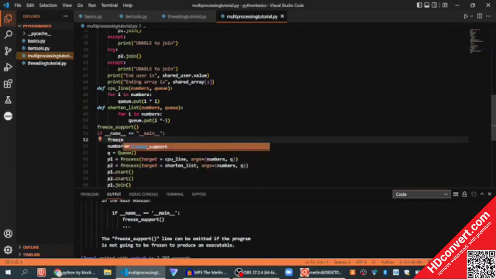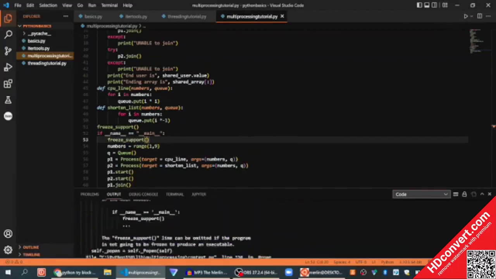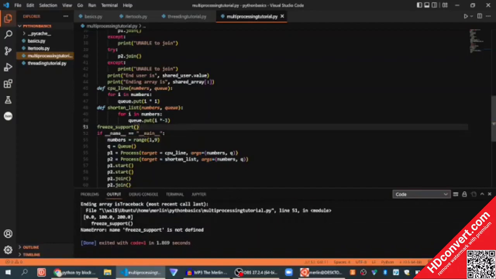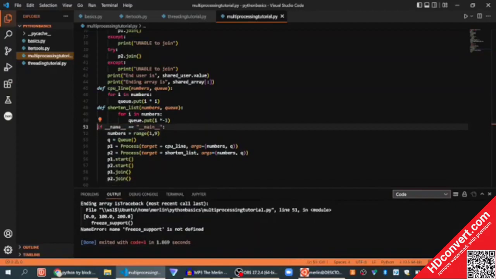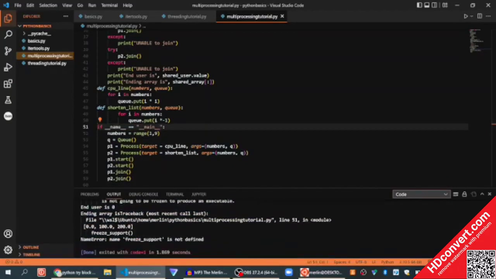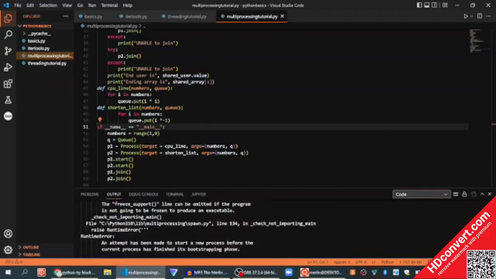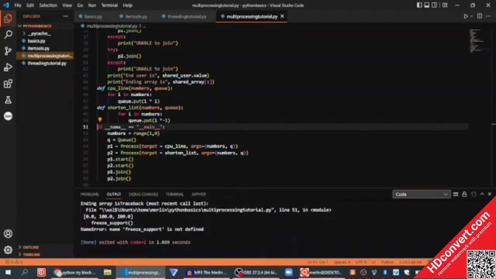Let's run that free support line that they're giving us just to see if that helps fix the error. Last time we ran it, they said it was not defined. Yeah, they said it was not defined. So we're not getting an error in the code, but we are getting an error with multiprocessing. So one thing just to note is when you do run multiprocesses and threading, be aware of how you're going to set up your actual processes. If not, you might run into errors with VS Code. But let's move on